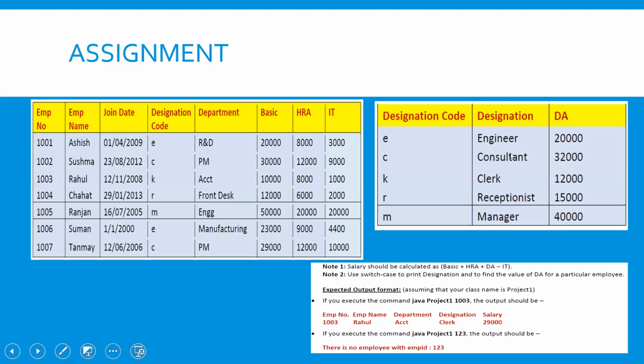If it is engineer, the designation code must be E, and find the value of DA for a particular employee. If the designation code is E, the DA must be equal to 20,000. If the designation is consultant, the designation code must be C and the DA must be 32,000. Like that, we need to print the salary and designation of that employee. Based on the code, we need to print the designation. You understand?